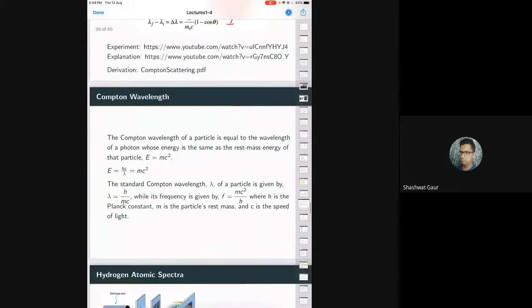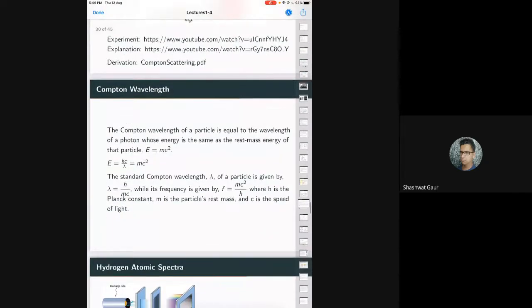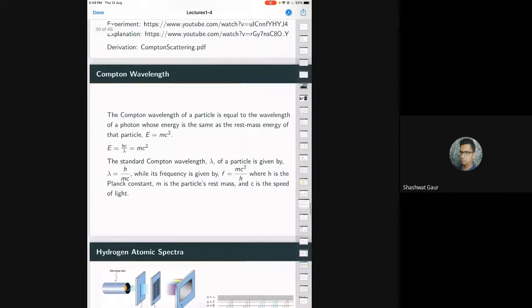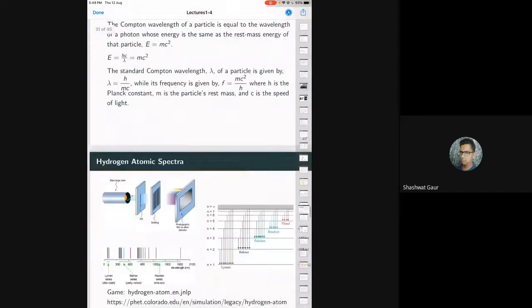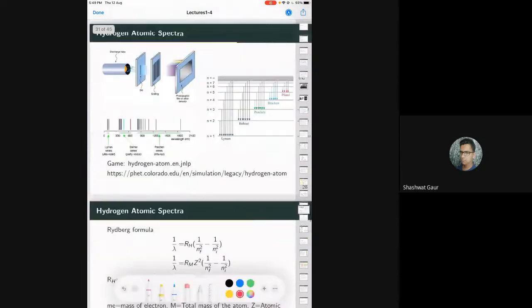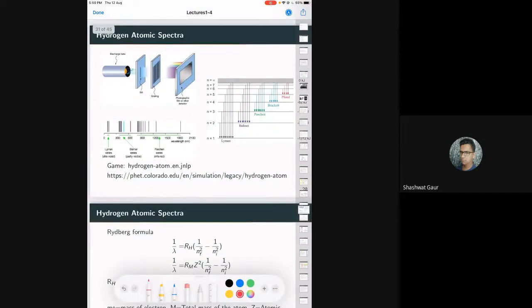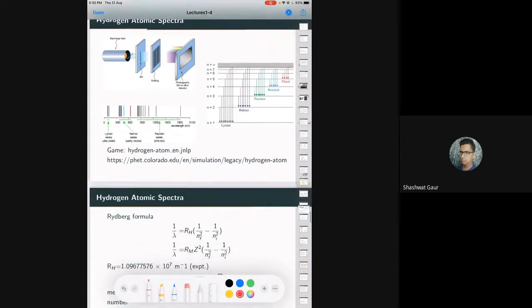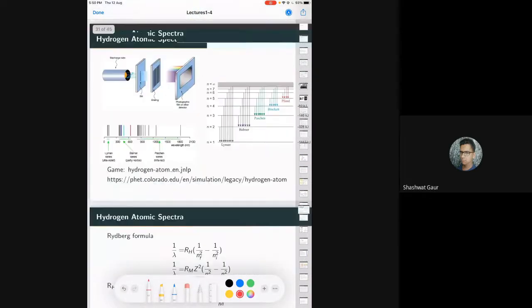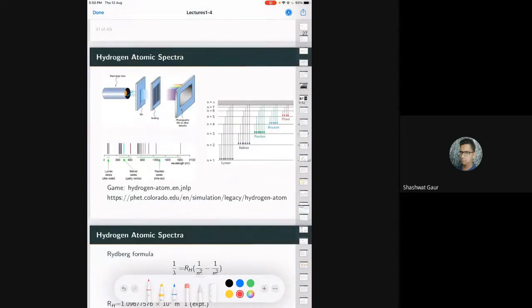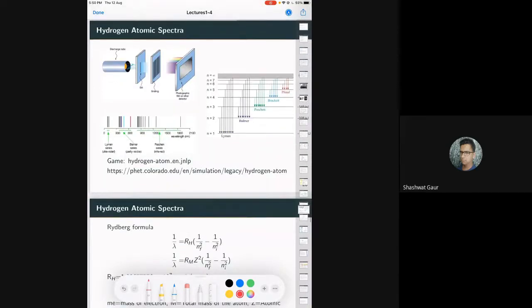In fact, in the last 10 minutes, I will just skip Compton scattering and complete the hydrogen atomic spectra, because that's something you already know and it's not a big deal. And next class, I'll show you the derivation for the Compton scattering. So the hydrogen atomic spectra is the next